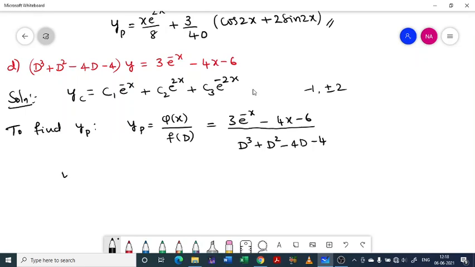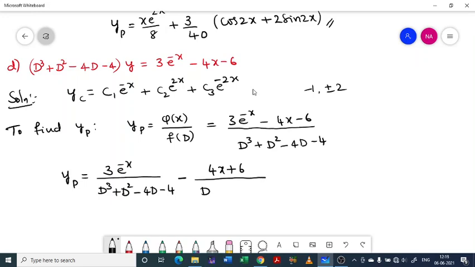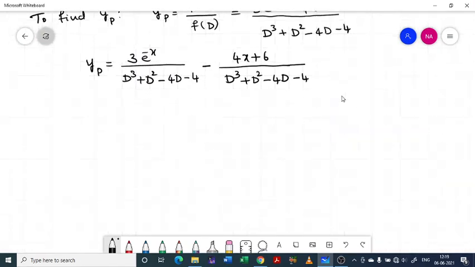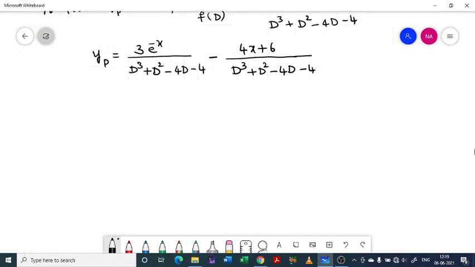So on splitting, it will be 3e^(-x) divided by D^3 + D^2 - 4D - 4, minus (4x + 6) divided by D^3 + D^2 - 4D - 4. Okay, now the first term is of type 1 and the second is of type 3,